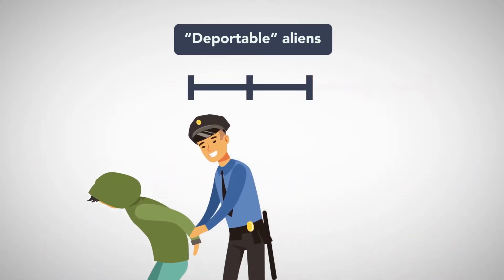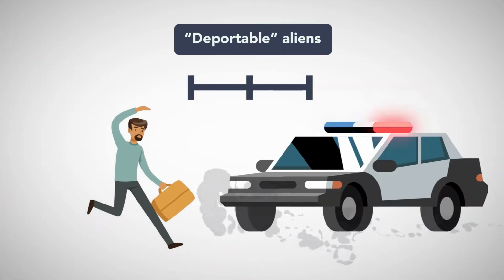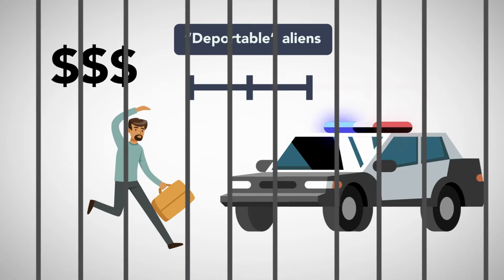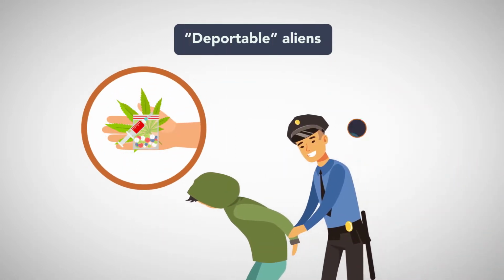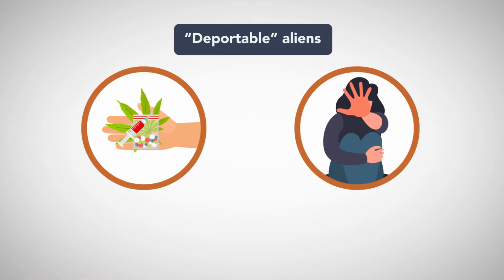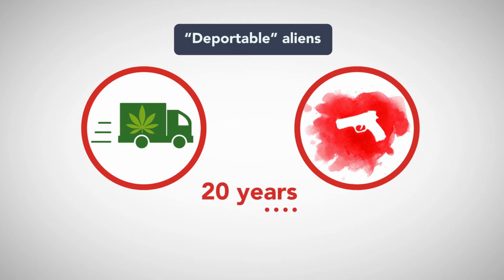Those who have been removed from the U.S. and then re-enter the country illegally or attempt to do so are subject to fines and imprisonment of up to 2 years. If the removal was in connection with convictions for drug-related crimes or crimes against people, the term of imprisonment can be up to 10 years. For those convicted of aggravated felonies, it can be up to 20 years.